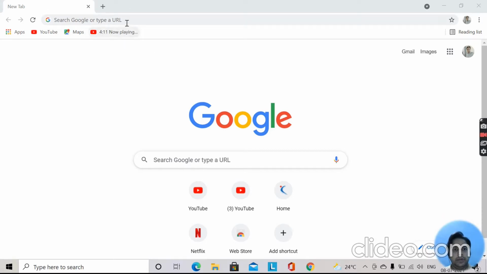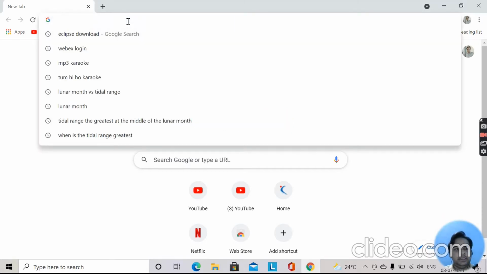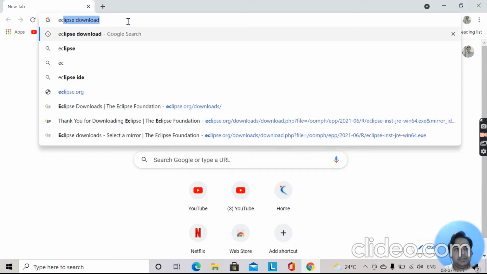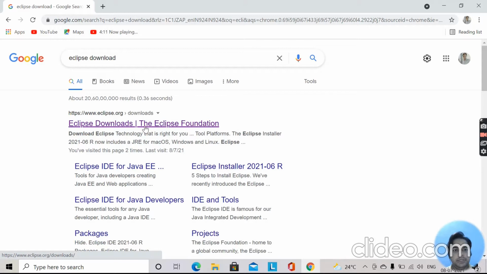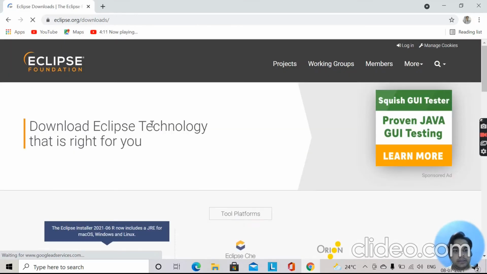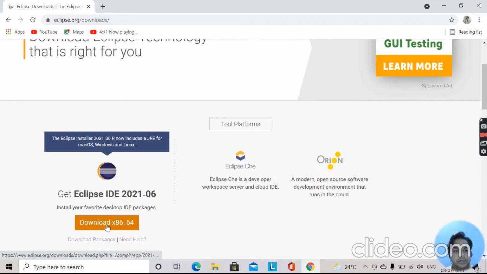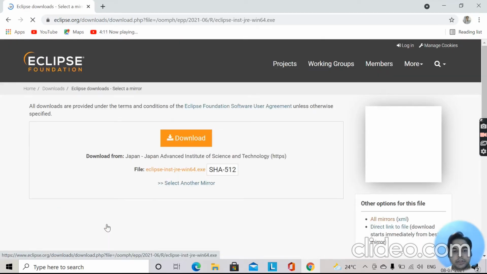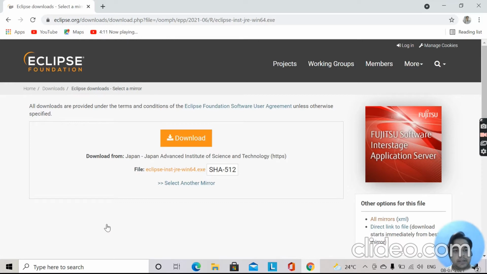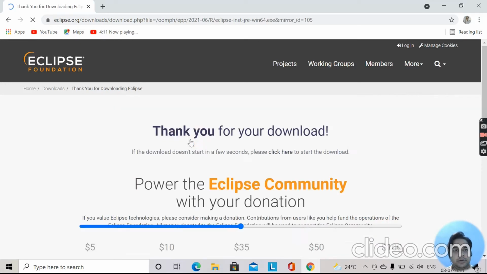Now to download Eclipse, in the browser let us type Eclipse download. You see this page, click on this link. If we scroll down a bit, you will see this button, click on the download button and then you can click on download.